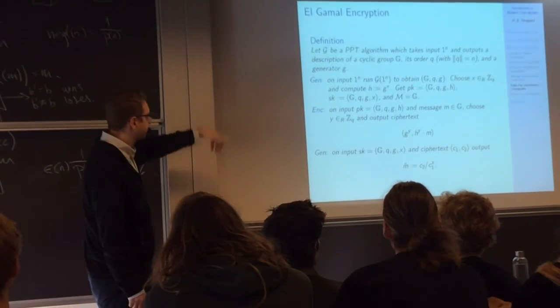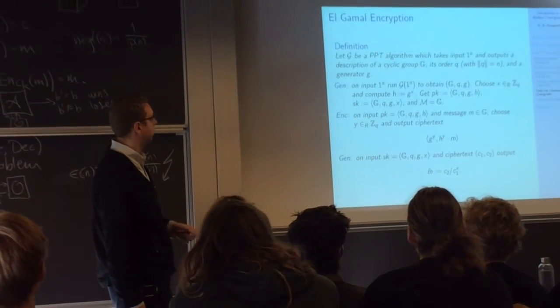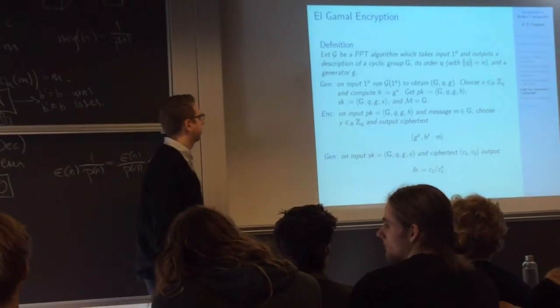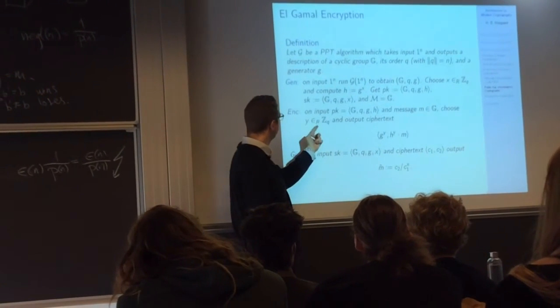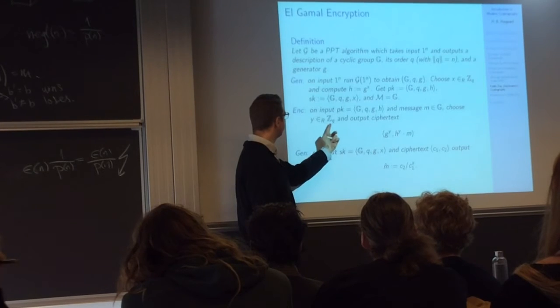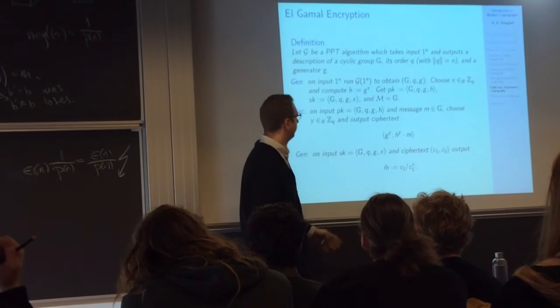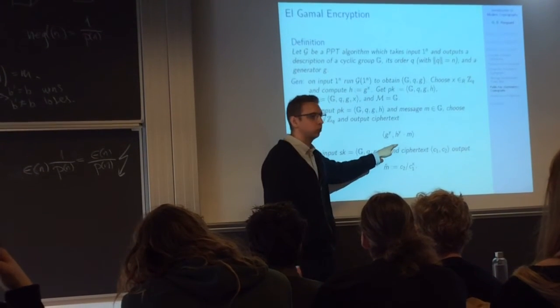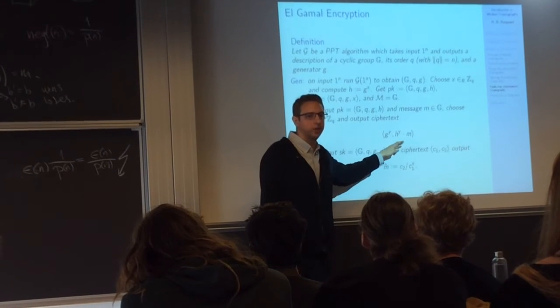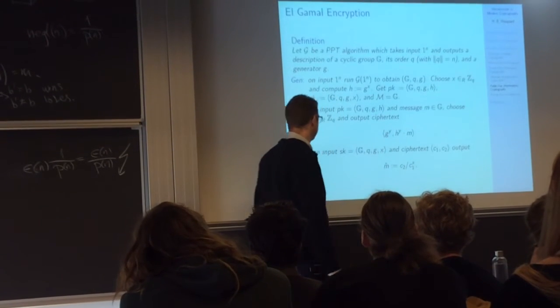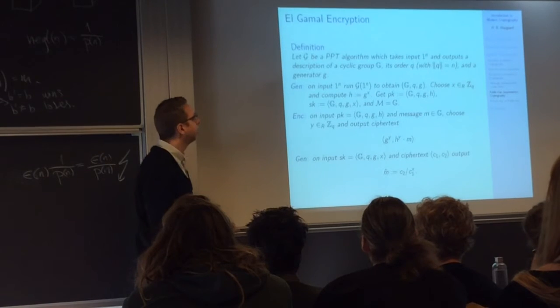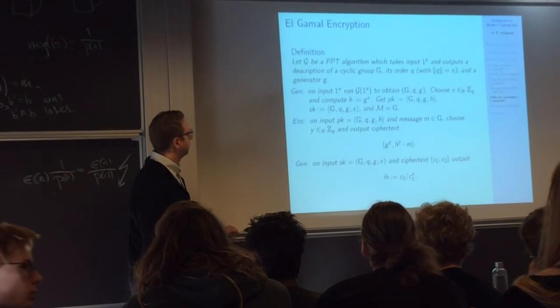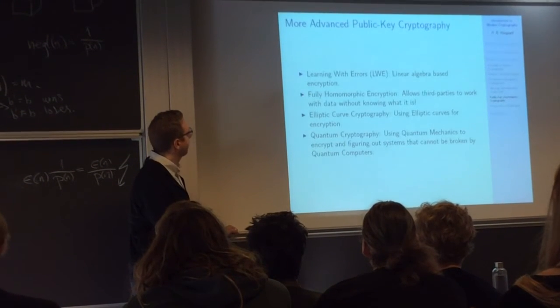This is an example of an encryption scheme called El-Gamal. And yeah, so El-Gamal uses this randomness in order to make it so that it's not super easy to decrypt it. You need this randomness, and if you look at the proof of security for it, you'll see why. I'm going to skip that though.